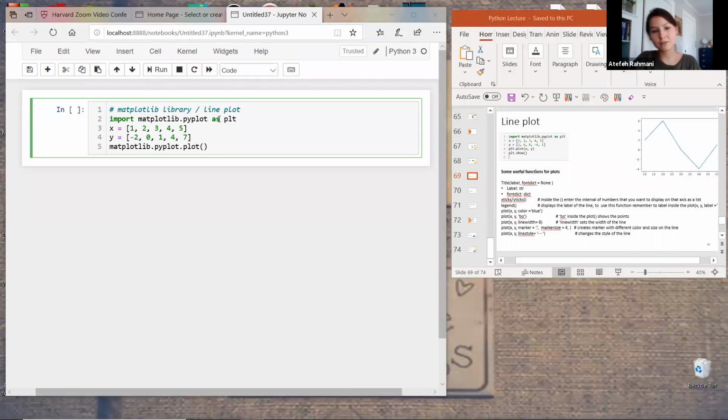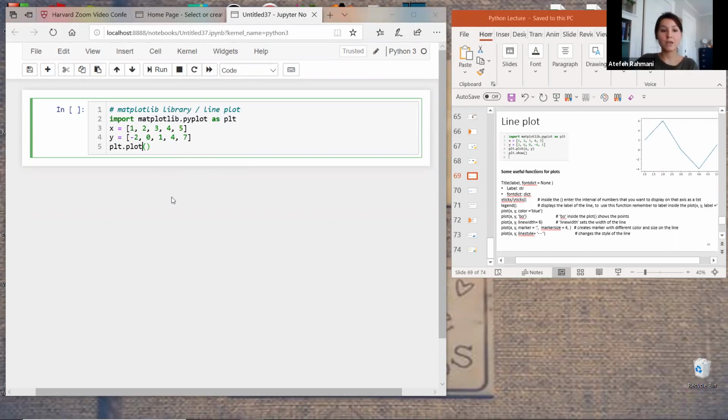Therefore, instead of all this code, I'm just gonna type plt because I changed this whole line to plt by using the as keyword. Now let's delete this part, it is so long, and use plt